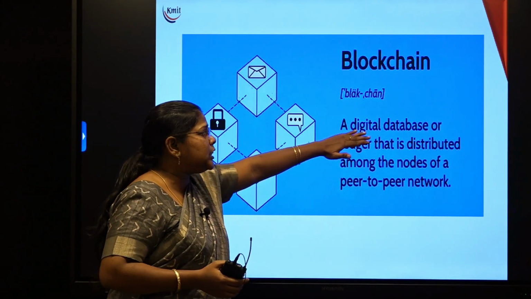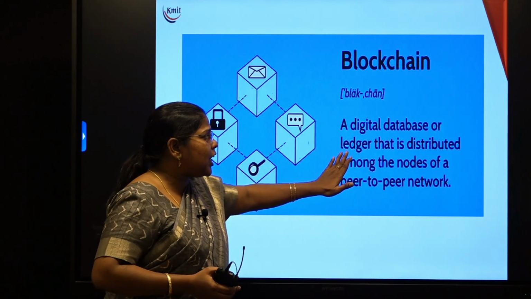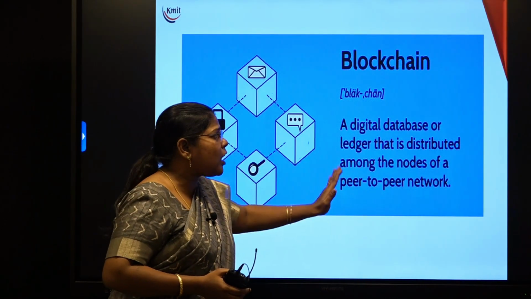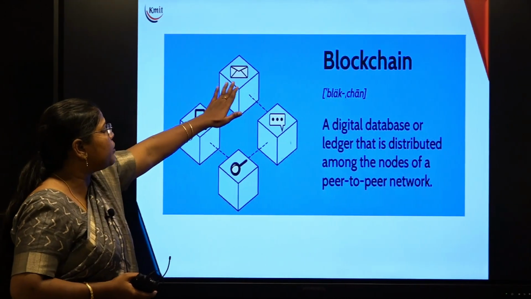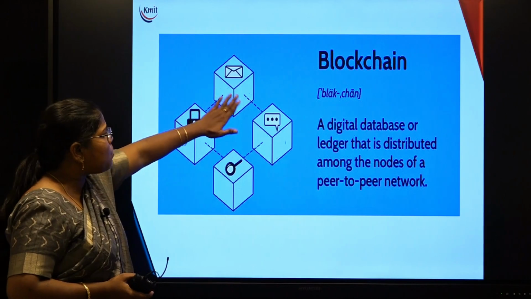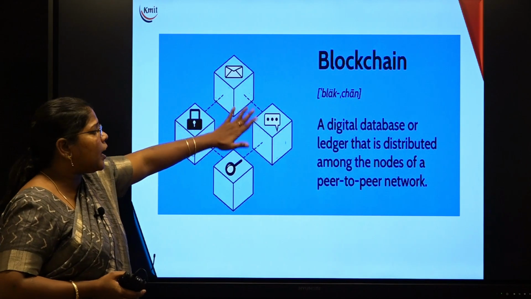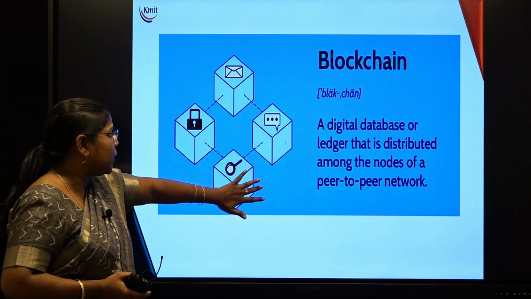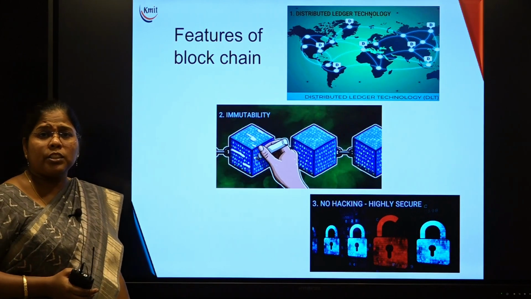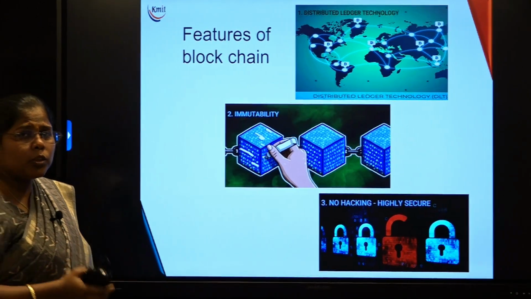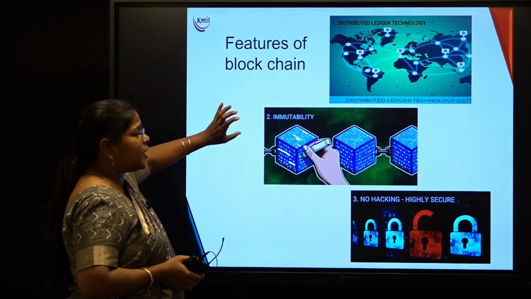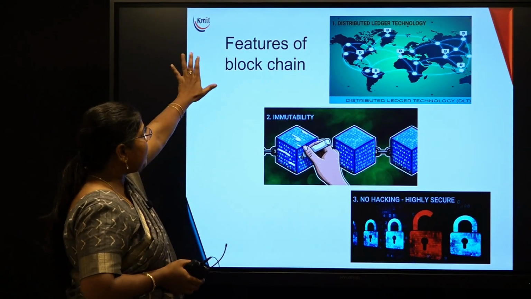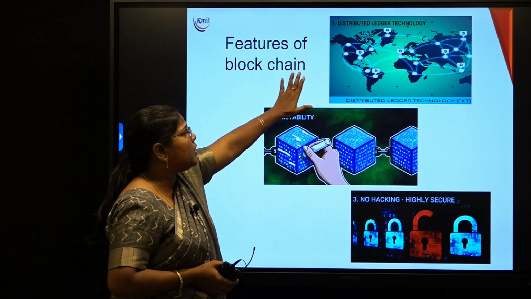Blockchain is a digital database or a ledger that is distributed among the nodes of a peer-to-peer network. Here we have a lot of data, and all blocks are interconnected within the peer-to-peer network. How can we provide the security? Because all the blocks of data are connected in a chain. And the features of blockchain are, first one,